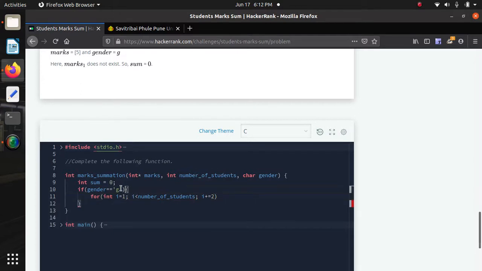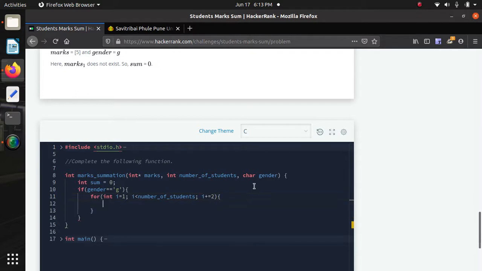Our input is G, so we have to add only those elements whose indexes are odd numbers: 1, 3, 5, 7, 9, and so on up to n. First 1, then plus equals 2, which is 3, then 5, and so on.